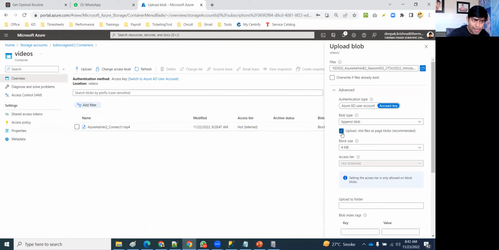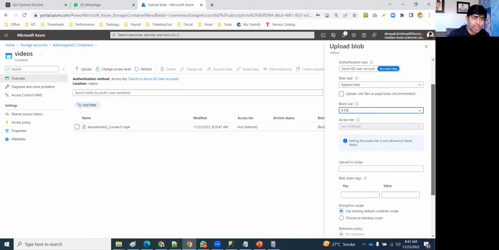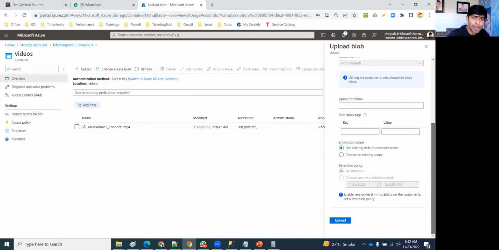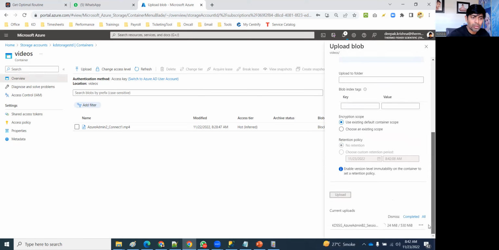Yes, I can, sir. And the max block size you will see is 4 MB, and lower sizes are also available. Look at this one. So I'm uploading it now. Append blob. Yes, you can. Nobody will stop you from doing it. But sir, it's not the ideal case of storing a video in an append blob. Not a good thing. If you want to store it, you can, but it's not a good thing. Is it okay? Am I making sense? Any questions?